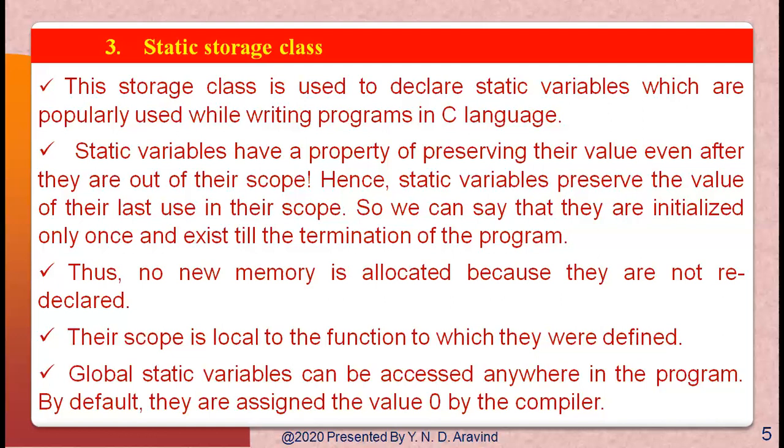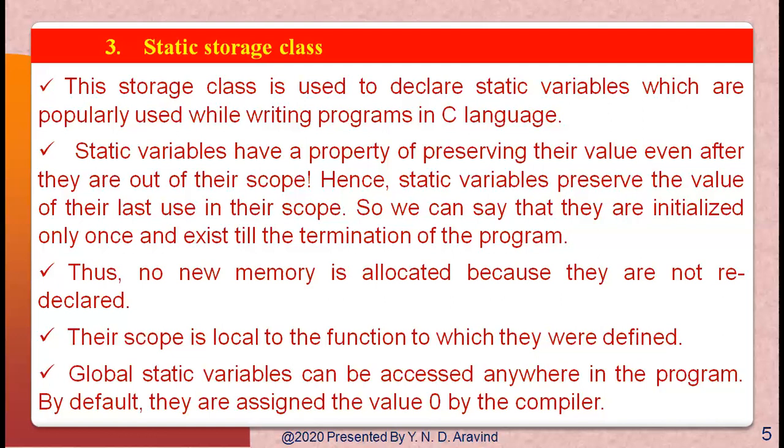And here the important points regarding static variables are: the storage will be in the main memory, the initial value will be 0, we use the keyword static while defining it, and the scope is local to the block in which the variable is defined. Whereas the lifetime is the entire program, and the value of the variable persists between different function calls.